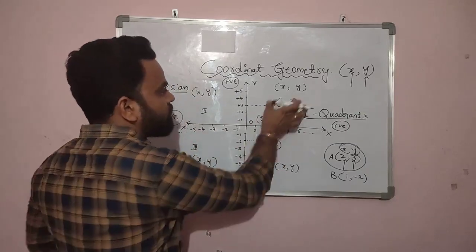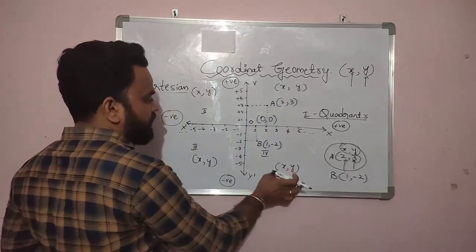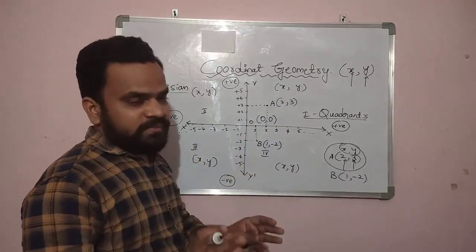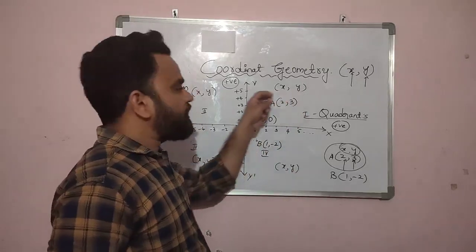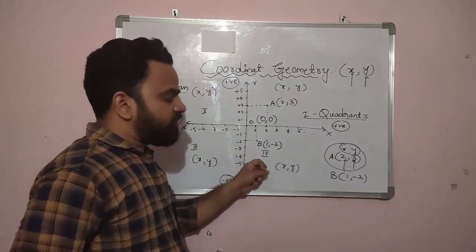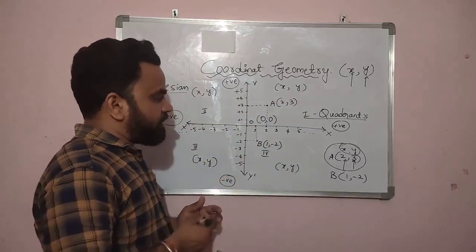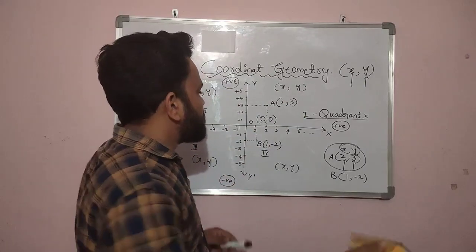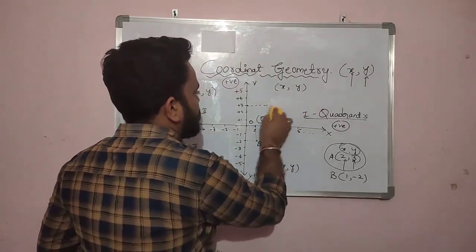All these 4 quadrants have x, y. But all are not the same. In the first quadrant, x and y are different. In the second quadrant, x and y are different. In the third quadrant, x and y are different. And in the fourth quadrant also, x and y are different. What and how they will be, we will discuss now. Right? See, if we take the first one,